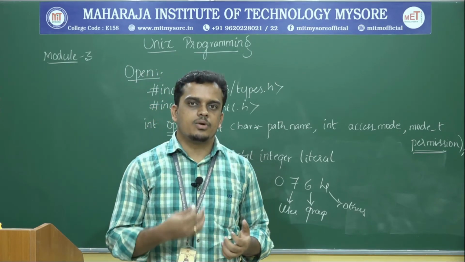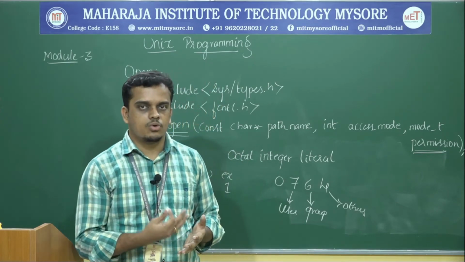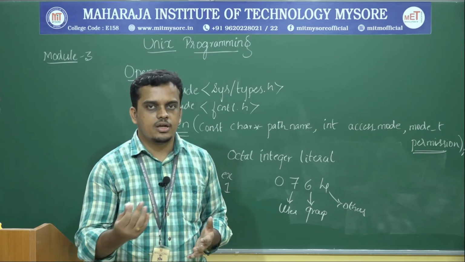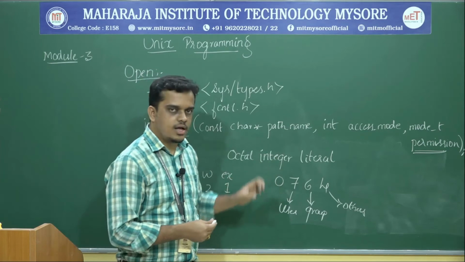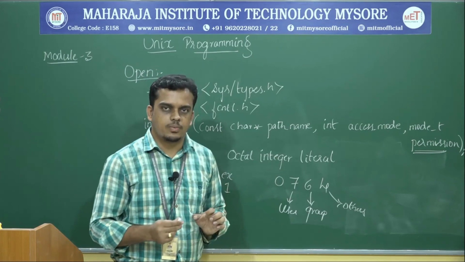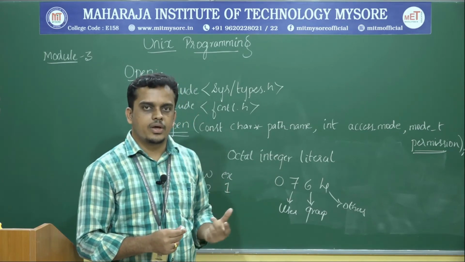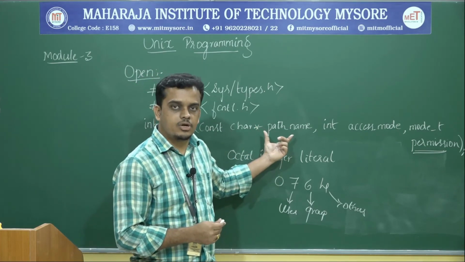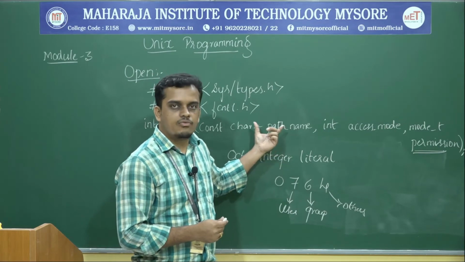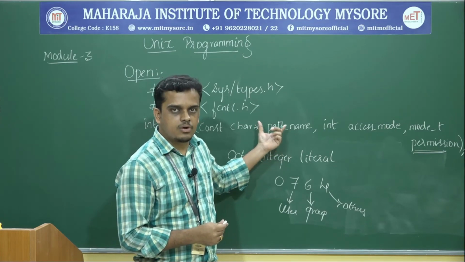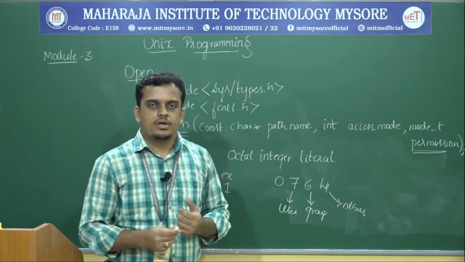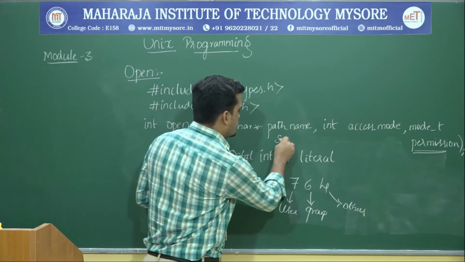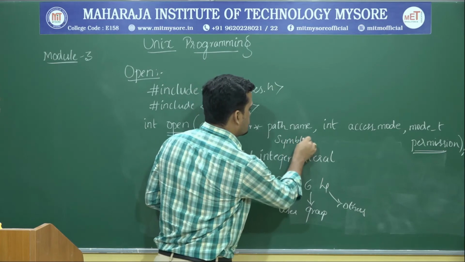So that is how you can make use of this open API for the sake of creating a connection between a process and a file. At the last, what needs to be remembered is this open API, the very first argument, is capable of taking a file path name, an absolute path name or also a relative path name. Suppose you specify the very first argument as a symbolic link file,